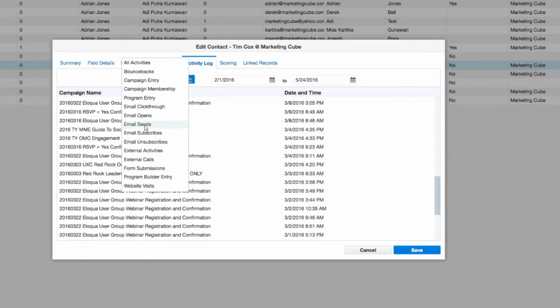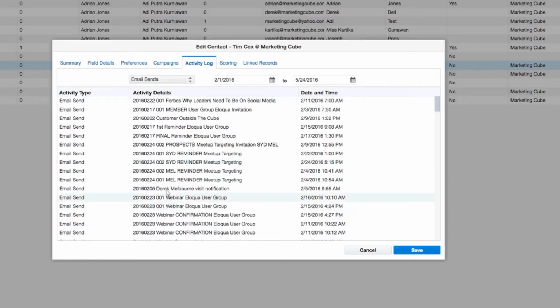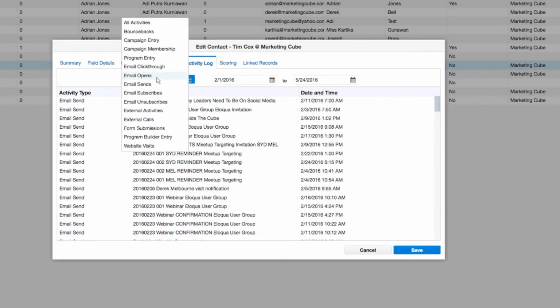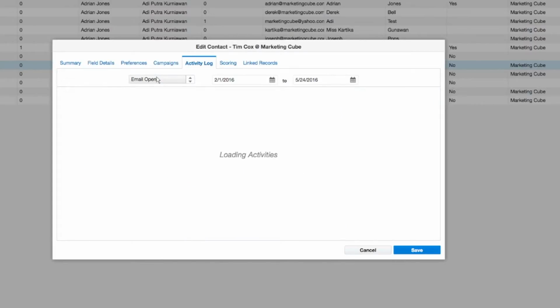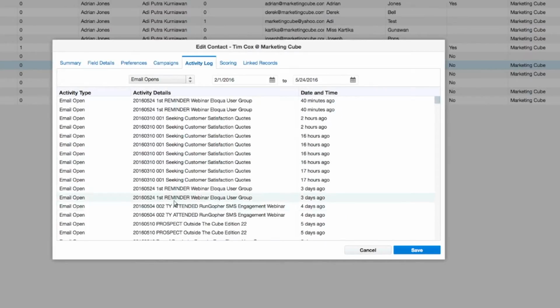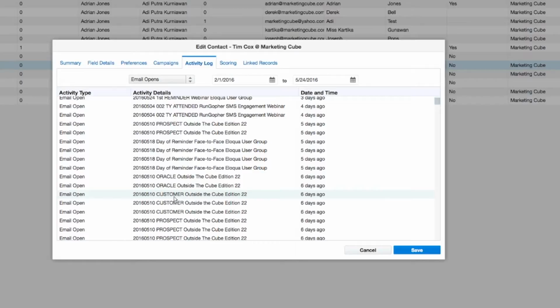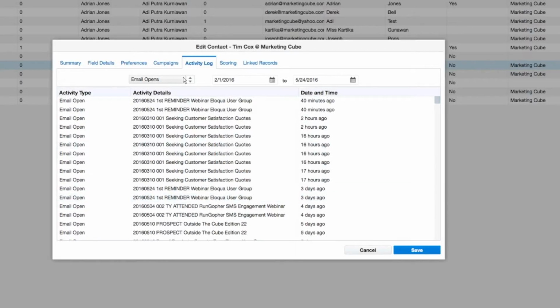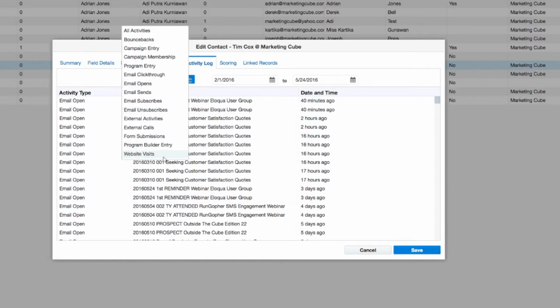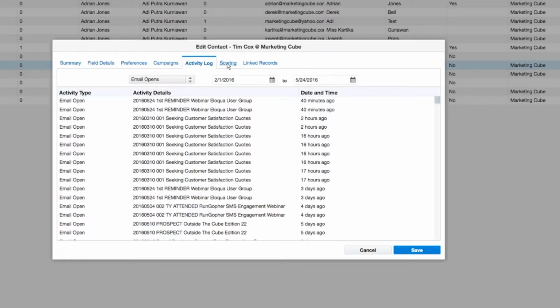The email sends is often the one that people are curious about. They want to understand if somebody was actually sent something. In the same context, you can then change that filter and look at email opens. And so you can start to see exactly what's going on and what people have actually opened, etc. And you'll see there's everything. You've got website visits, program builder entry as well if you're using programs, any external calls that are being made, etc. So you've got a whole swag of options available there to help you understand more about what the